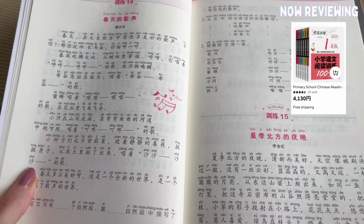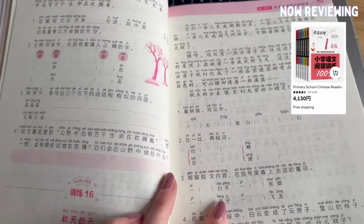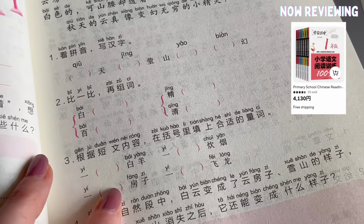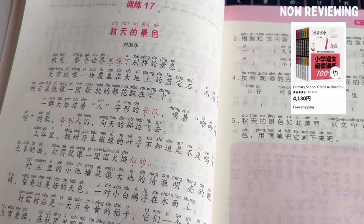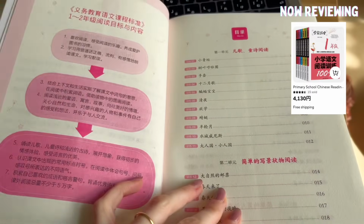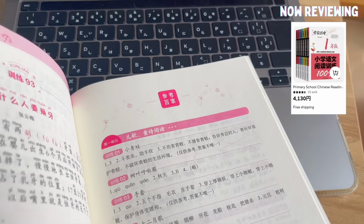Now, jokes aside, the sections I could identify indeed seemed quite useful. We've got children's songs and poems, simple descriptive reading, simple writing and reading, fairy tales and story reading, fable reading, simple reading of ancient poetry, and last but not least, simple science reading. But what really sealed the deal for me were all the different exercises present in the workbook. Like, you've got comprehension questions or Hanzi character recognition and writing tests, which had their own correction section at the